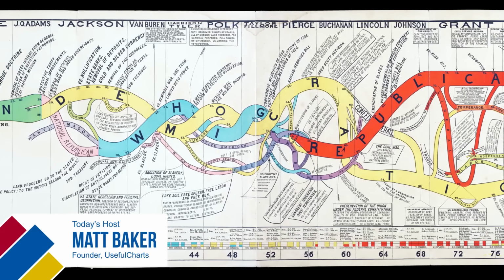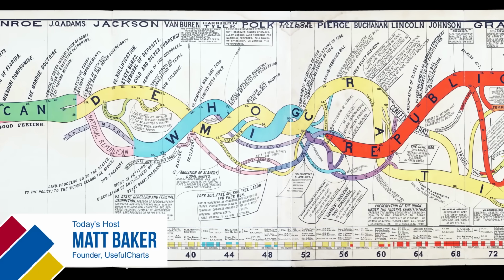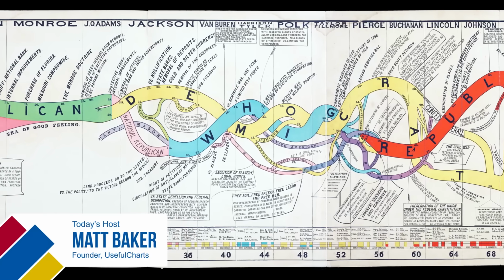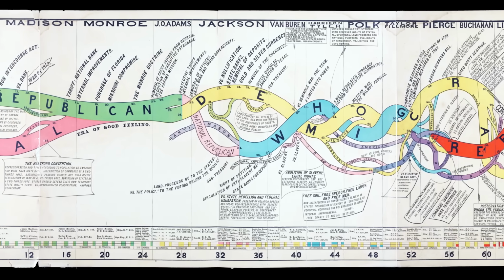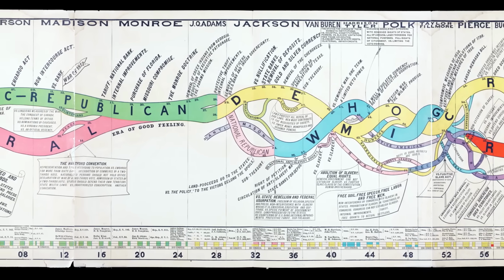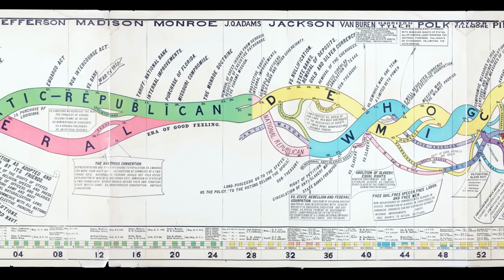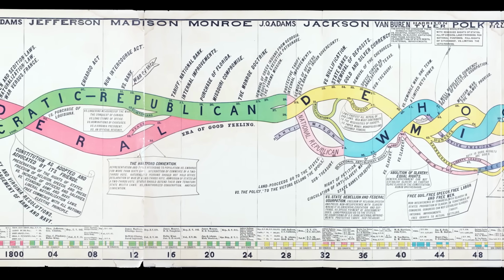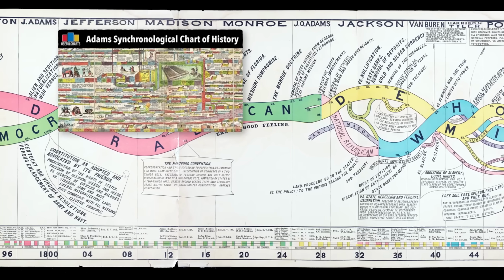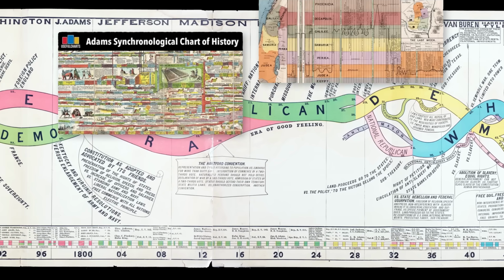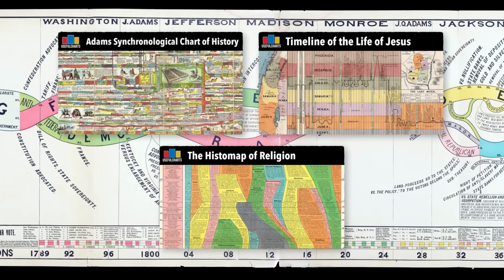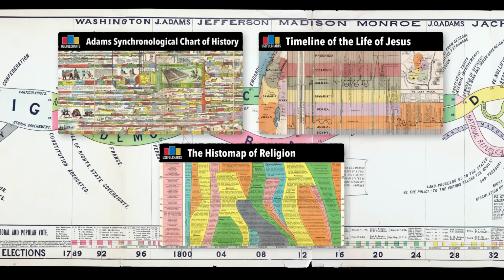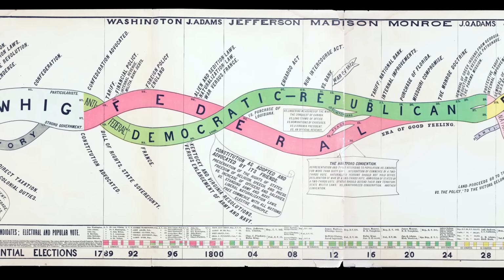Every now and then on this channel, I like to take a look at a really old chart rather than one that was designed on a computer. Personally, I find these vintage charts beautiful, and there's often things that we can still learn from them, even if they are out of date. So far, we've looked at Adam's synchronological chart of history, the bird's eye view of the life of Christ, and the histomap of religion by John B. Sparks. Well, today, since the US election is coming up, I thought I'd take a look at this timeline of